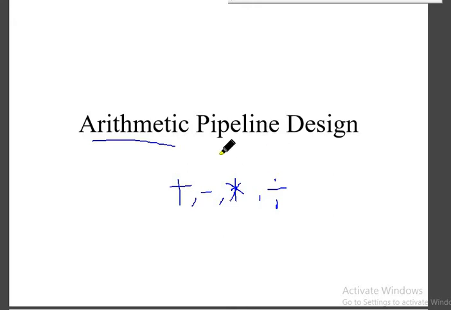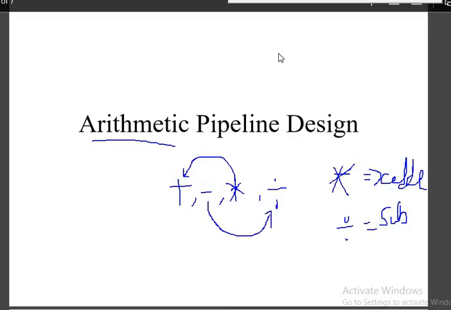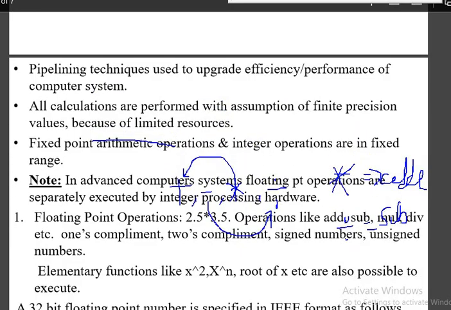Only for a few we have an example. The rest are all explained with respect to the basic operations. Like to explain multiplication we take help of the adder. To explain division we take help of the subtraction method. So that means the extended version of plus is the method of multiplication, and the extended version of minus will give us an explanation about division. Fine. Now we have a few concepts here.